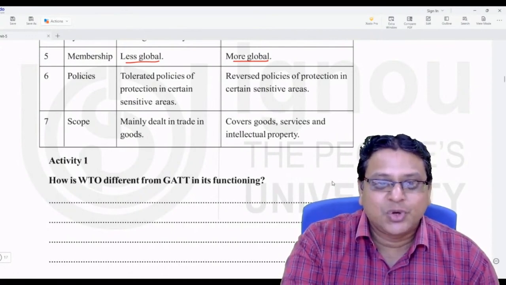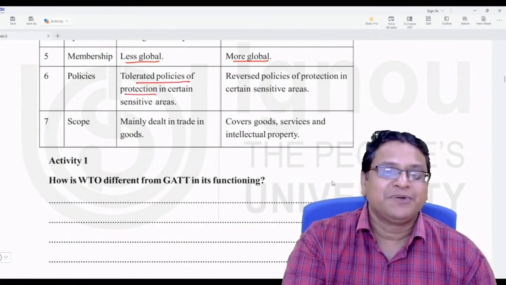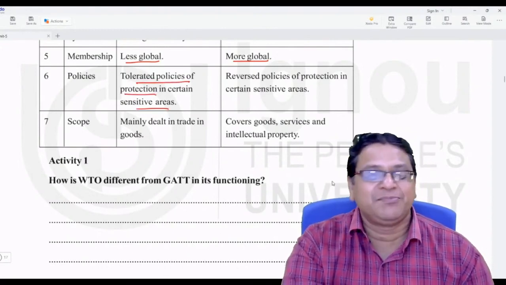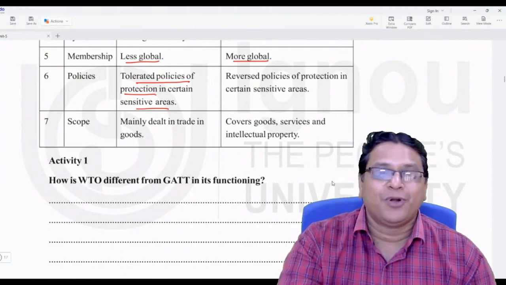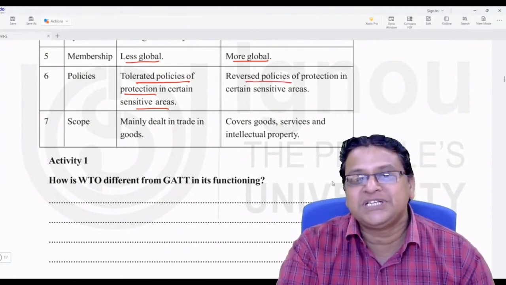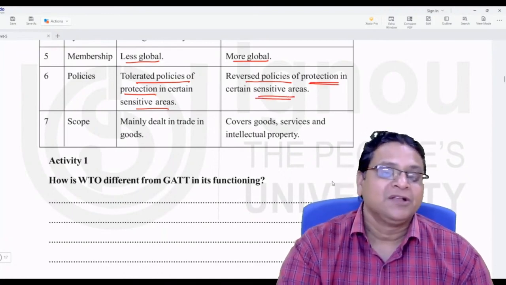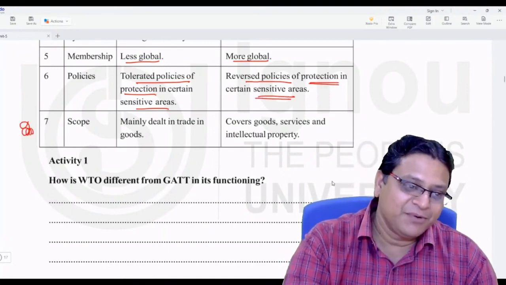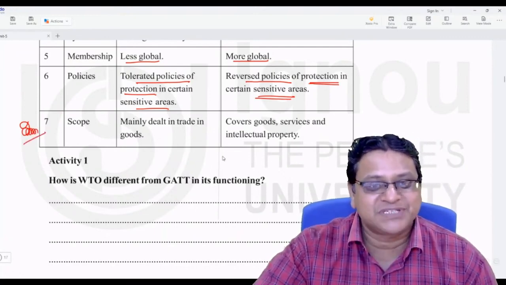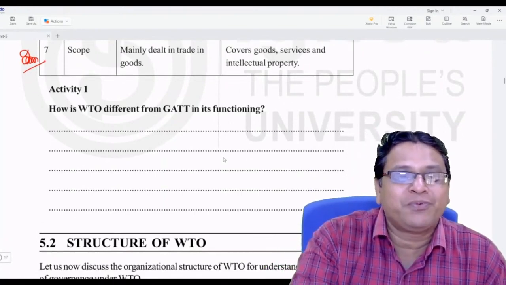GATT is a tolerated policy of protection in terms of sensitive areas. The GATT agreement provides protectionism for sensitive areas, but WTO aims at reversing the policy of protectionism in certain sensitive areas. The main point of difference between GATT and WTO is this: GATT frames rules and regulations for international trade of goods